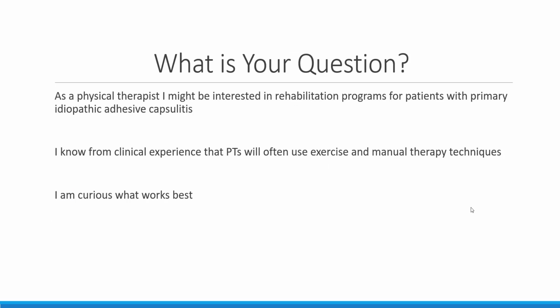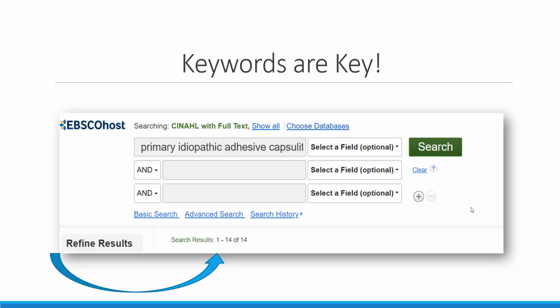So, as a physical therapist, I might be interested in rehab programs for patients with primary or idiopathic adhesive capsulitis. I should have had that in there as an or versus just primary idiopathic. I know from clinical experience that physical therapists will often use exercise and manual therapy techniques. I'm curious what works best. So if I go in and I set up